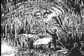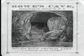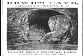Each time they would emerge wet and muddy, but exalted by the thrill of their discoveries. In February 1843, Howe purchased the property from Henry Wetzel for $100. The next year, at age 33, Lester Howe opened Howe's Cave to the public, and it was wildly successful for generations. By the late 1800s, however, Lester Howe was forced to sell his property because a fickle public had lost